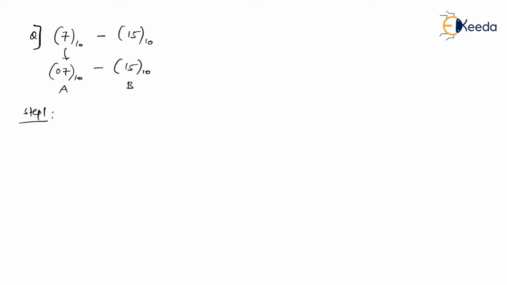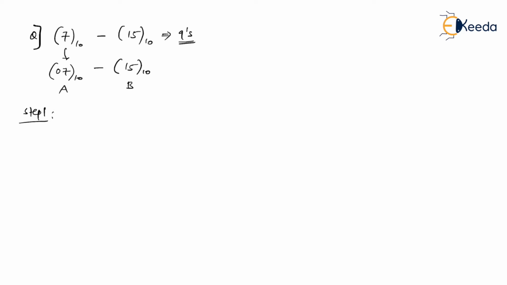So what I can do is, I can actually do the exact reverse operation. Reverse operation as in, now I can perform 7 to the base 10 minus 15 to the base 10. As I said that, whenever you are subtracting, size of the number should be same. So since it is only one digit, I'll convert this into 07 to the base 10 minus 15 to the base 10. Please don't forget, this time this is A and this is B.